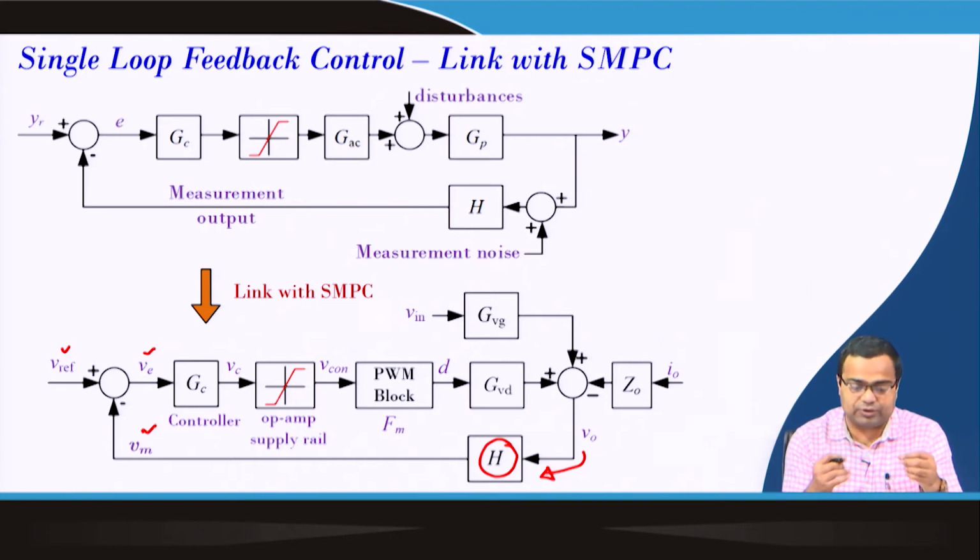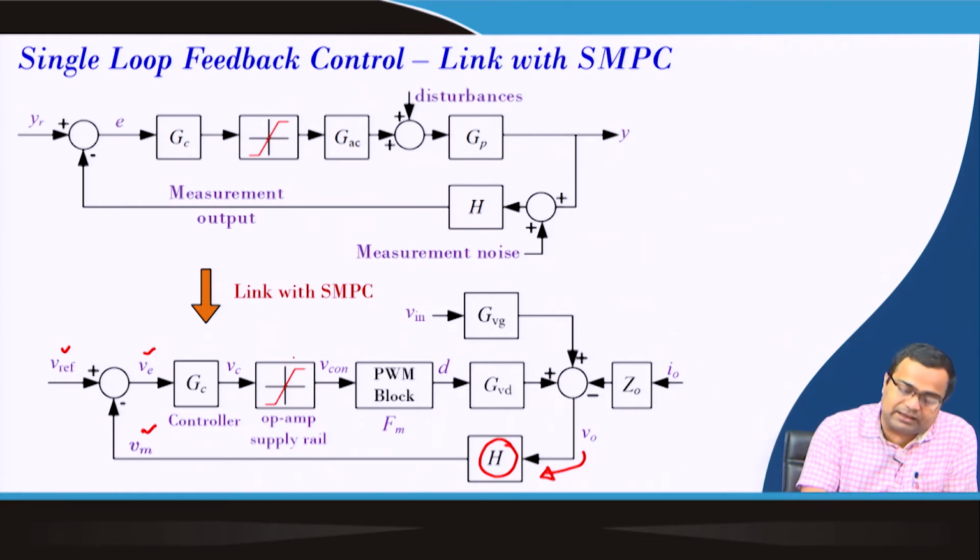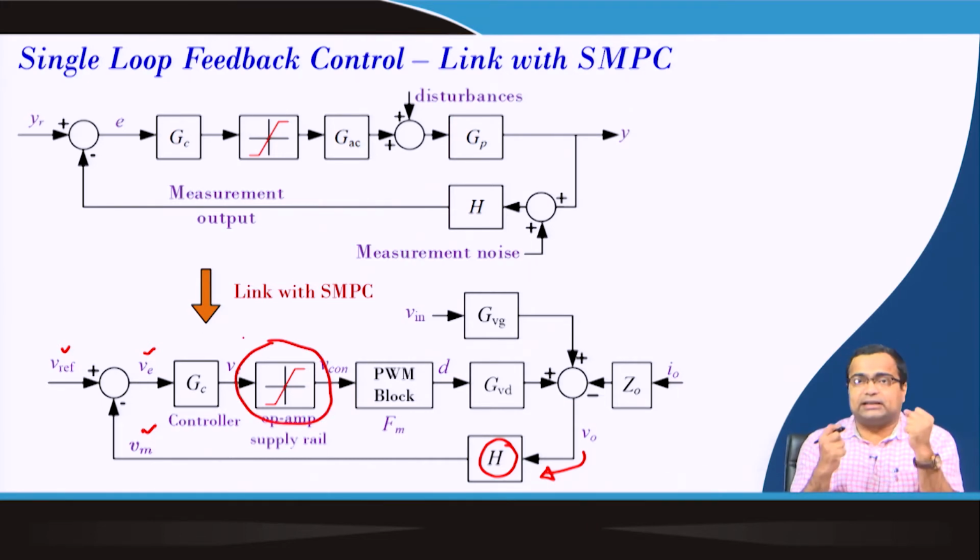That means, depending upon whether we have to implement type 2, type 3, PID or PI, the number of op amps will vary. In general, one op amp may be sufficient, but the op amp has a finite supply rail. Whether it is a dual supply rail or a unipolar op amp, depending upon that there can be a saturation nonlinearity. That means we cannot increase the gain of the compensator too much, which can saturate the output of the op amp, and this saturation can cause some nonlinear effect which cannot be captured by a linear analysis.